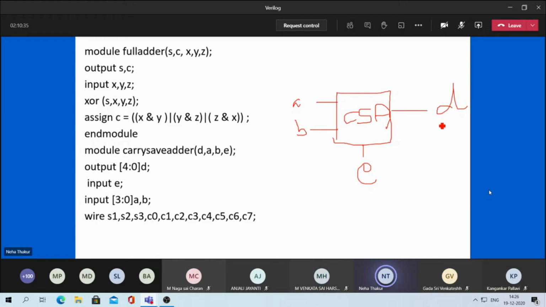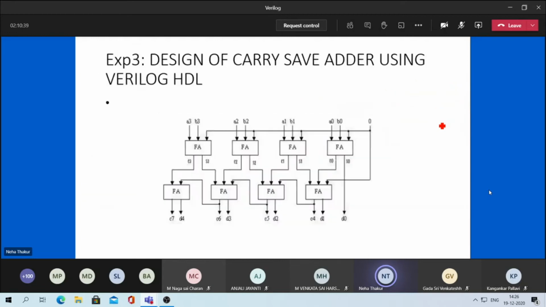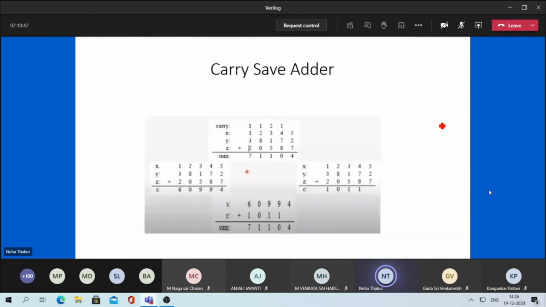Now see, why only D is the output? Why are two outputs not there? Because when you have seen the basic working, these are the two partial outputs, and then when two partial outputs are obtained, they are added to get the final output.